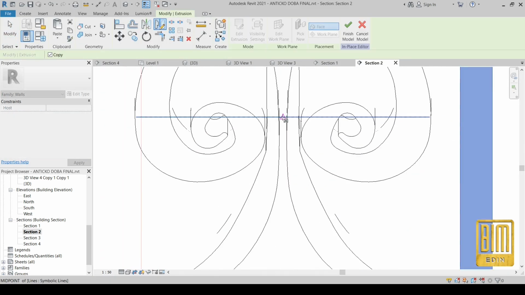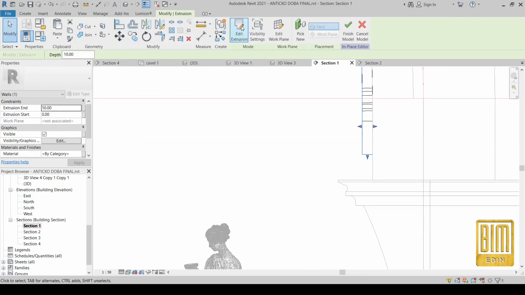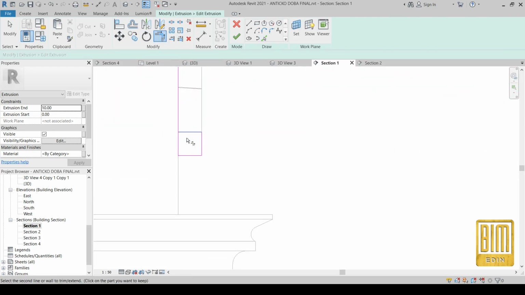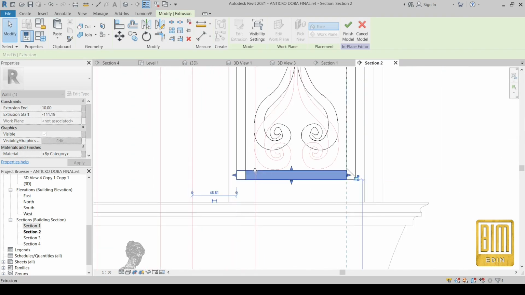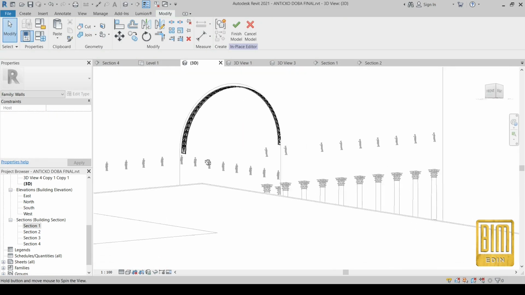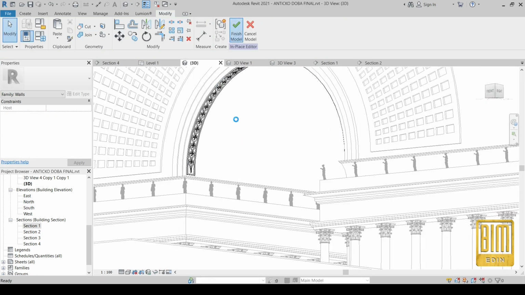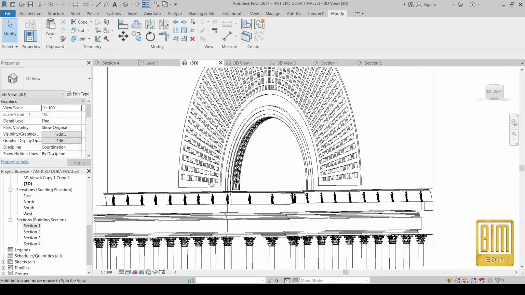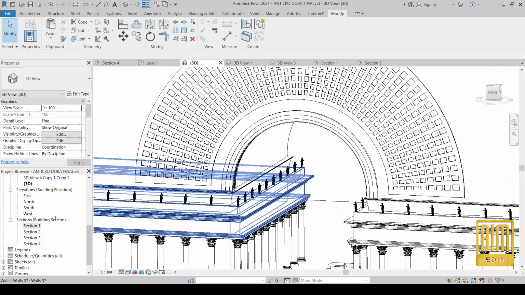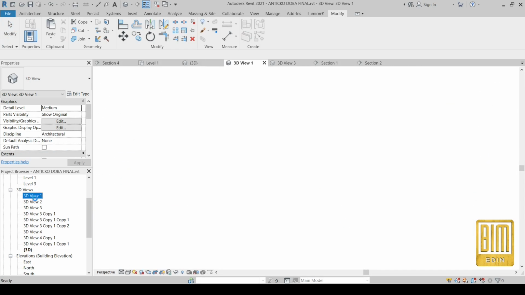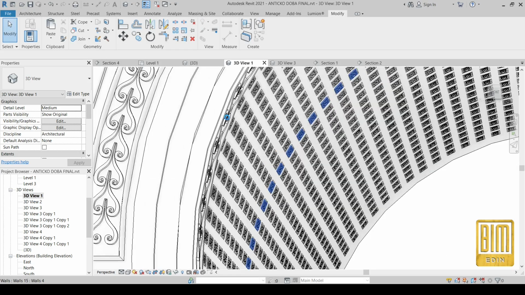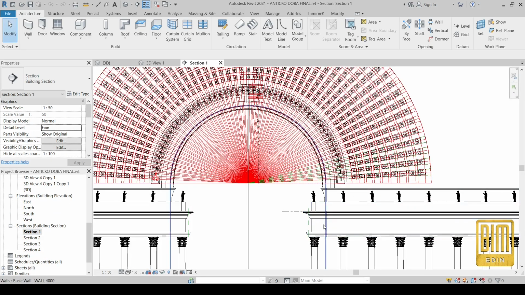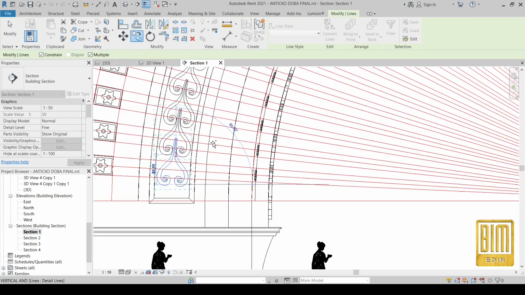Alright, now I will duplicate them using mirror tool. As I said before, with these symmetrical forms it is very easy because we can use mirror tool a lot. Alright, it looks great. And now we have a few places more where we need to add these motifs here. I need to add them on a horizontal part